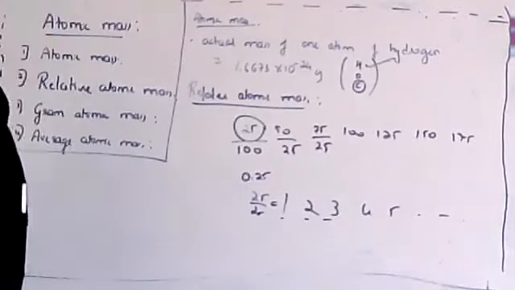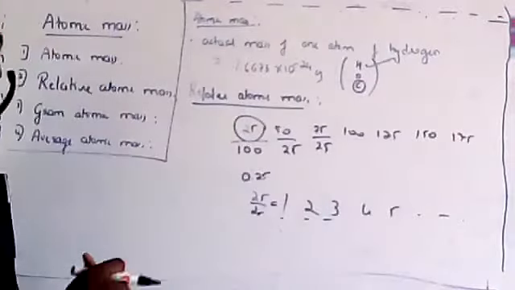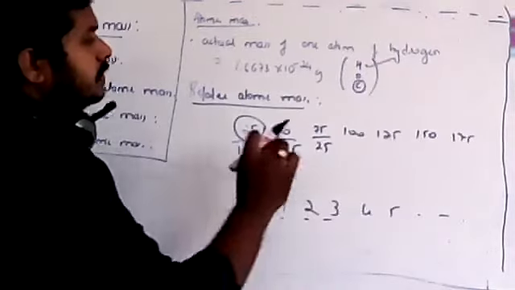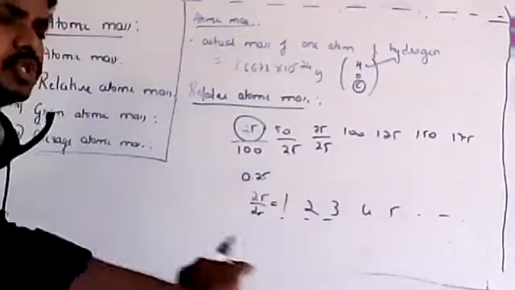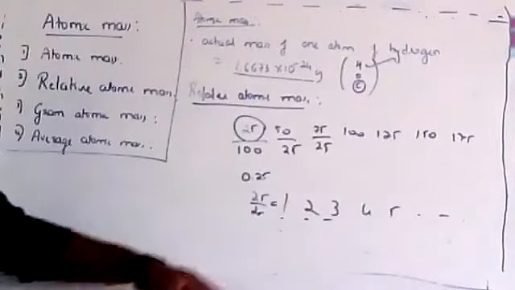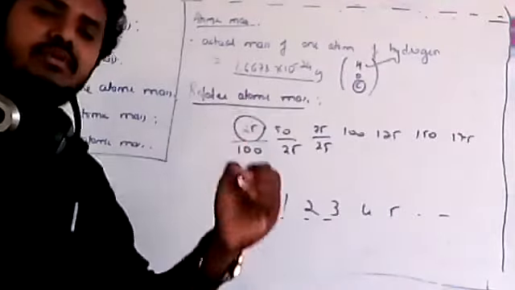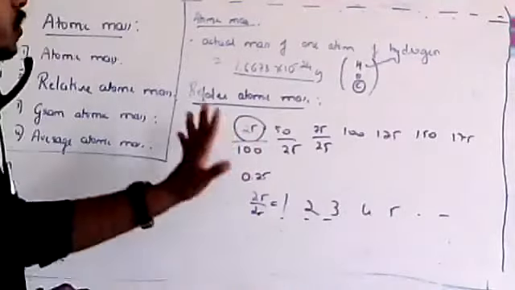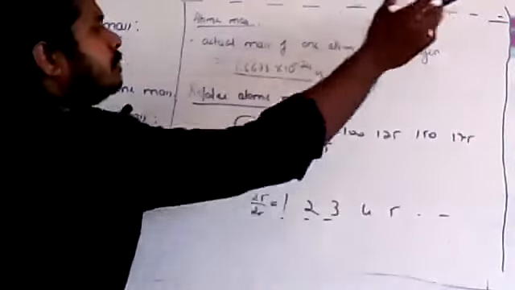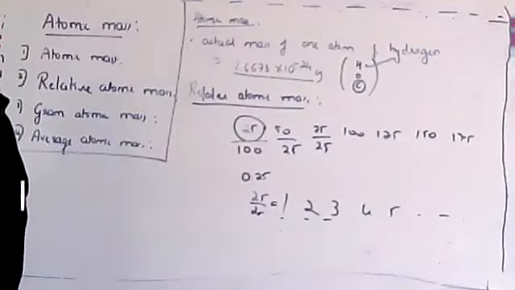We have to take the mass which is the smallest one. The same thing is done here. While comparing, relative atomic mass is a comparison. Even though so many masses were known, you have to compare with the least possible mass, that is the mass of hydrogen, because that's the smallest atom known to us, and it has a lesser weight compared to all other masses. So that's the reason when you compare the other masses with the hydrogen mass, always you will get a whole number.